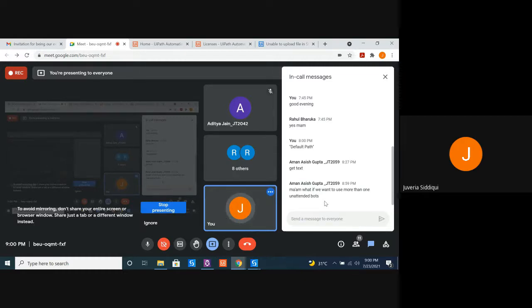Then, if you have one more unattended bot license, you will need one more laptop to associate it with. How do I tell you in the simplest form? You as a person are an individual entity. You have to treat your bot like that. So yeah, you can have multiple bots on the same orchestrator but different machines.